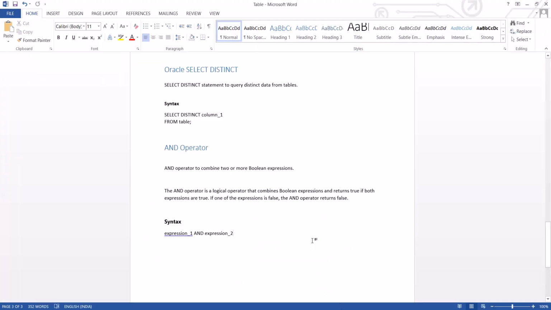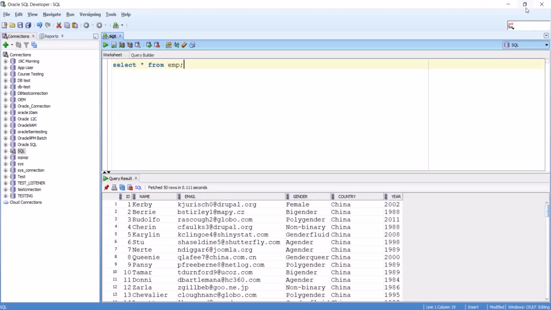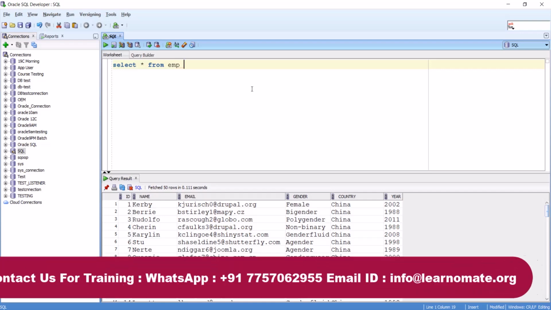If you check our document, here it is saying expression 1, then we need to use the AND operator and expression 2. You can have multiple expressions also, like expression 1, expression 2, expression 3. In between, you can mention AND. Let me take one first example. Select star from table name. In my case, the table name is EMP, where